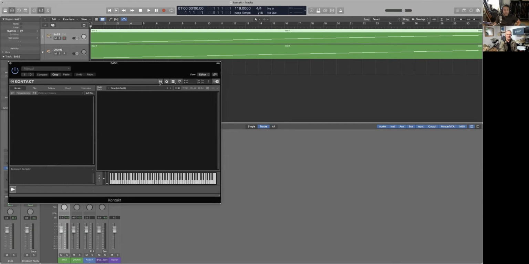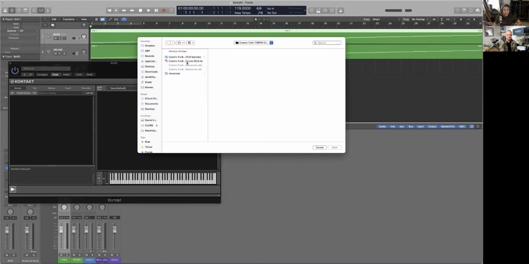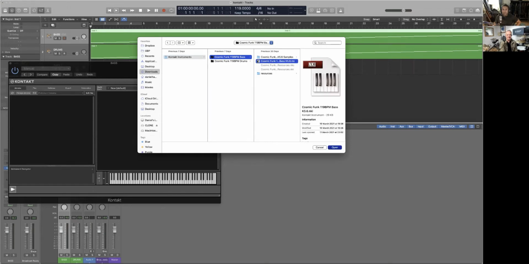So you go to this floppy disk kind of icon here, click on it, and go to load. I've got all my instruments just in this Kontakt instruments folder. I'm going to do the bass. This is what you get with our offering: you get the drums, and you get the bass. So I'm going into bass, and you go into this sort of keyboard icon, which is a .nki file,